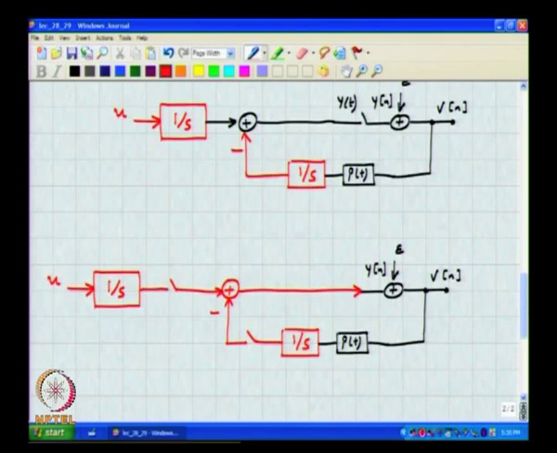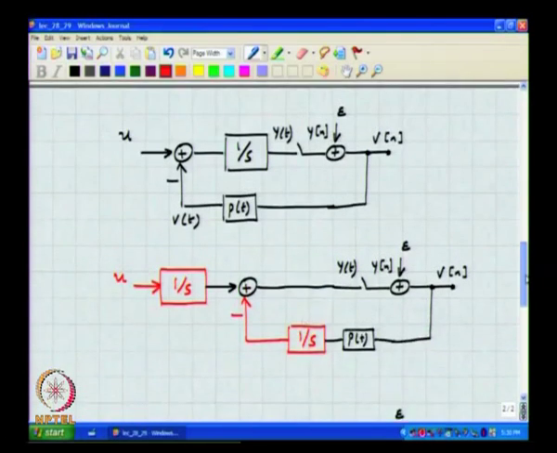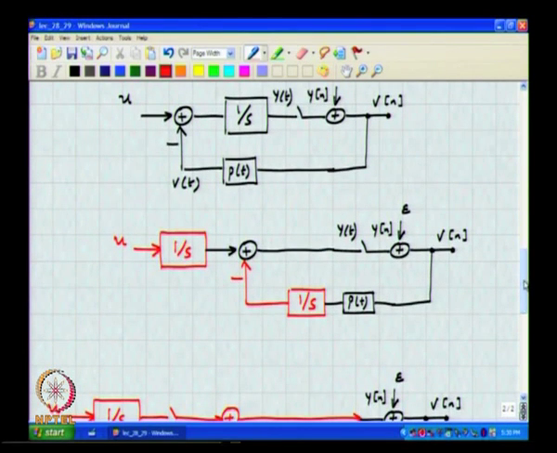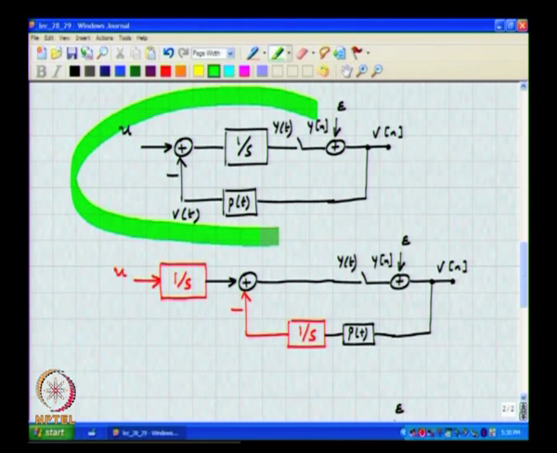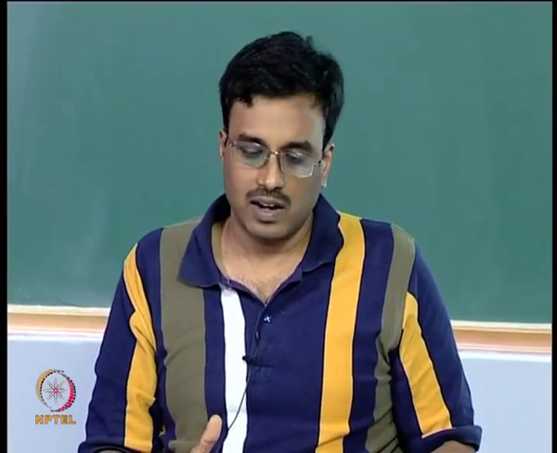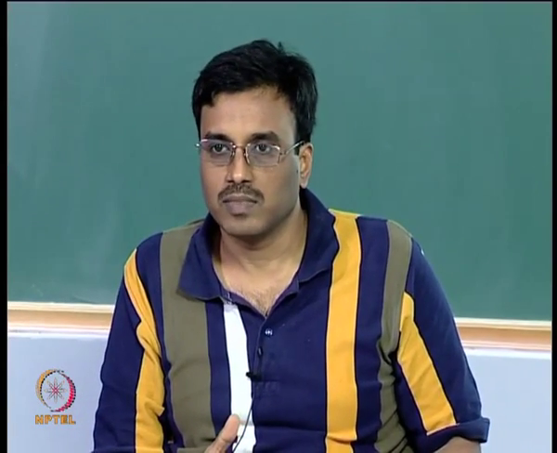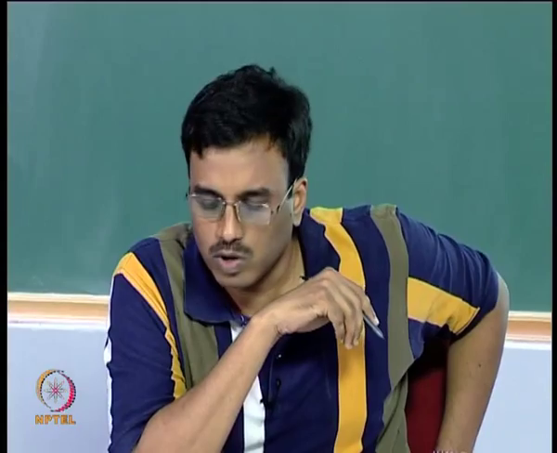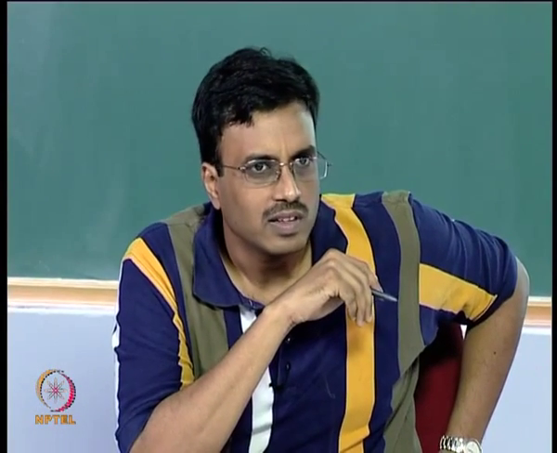So, you might wonder why one would do this kind of manipulation, right? The reason for this is the following: to analyze this loop is kind of difficult. Why? The problem with this is that it consists of both continuous and discrete time systems, and there is a feedback loop to boot. So, it is not impossible to do, but it seems somewhat messy to do.